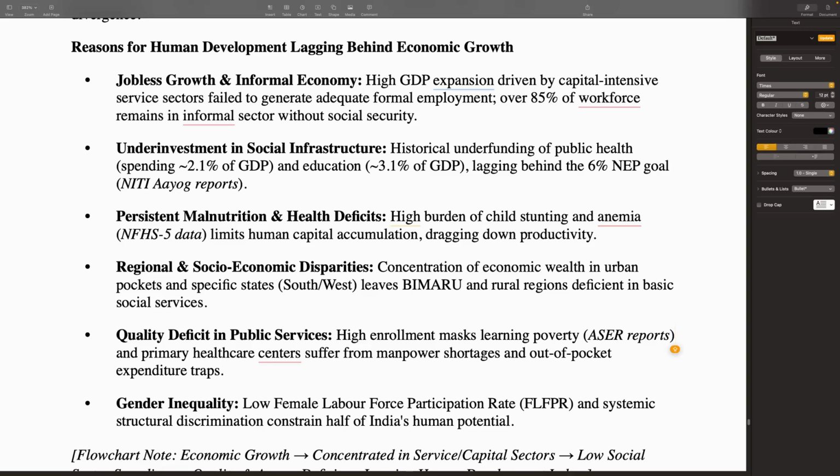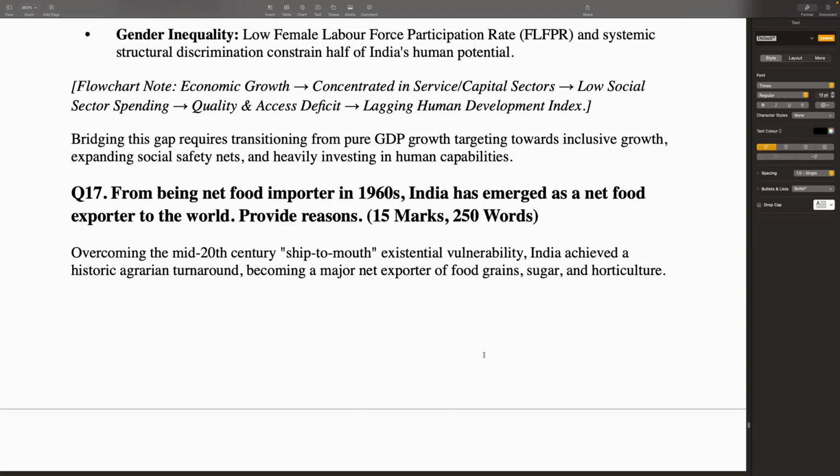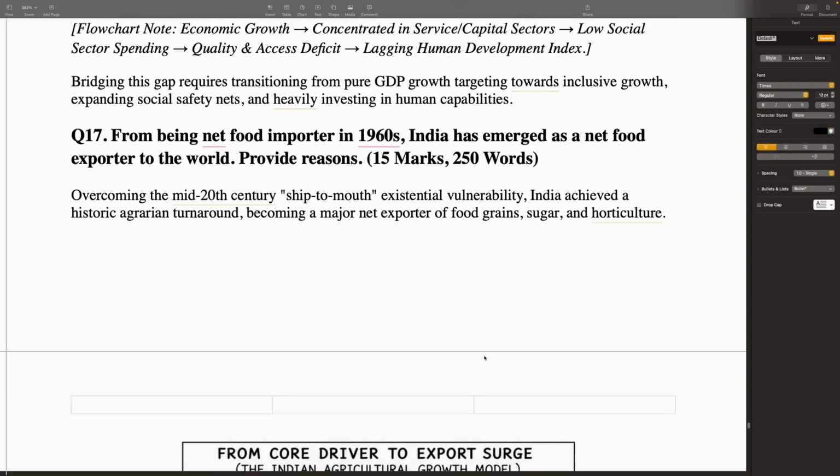Quality deficit in public services: high enrollment masks learning poverty, ASER reports, and primary healthcare centers suffer from manpower shortages and out-of-pocket expenditure traps. Gender inequality: low female labor force participation rate and systemic structural discrimination constrain half of India's human potential. Bridging this gap requires transitioning from pure GDP growth targeting towards inclusive growth, expanding social safety nets, and heavily investing